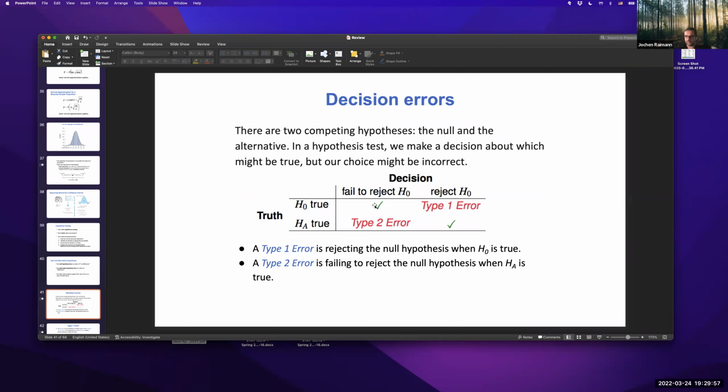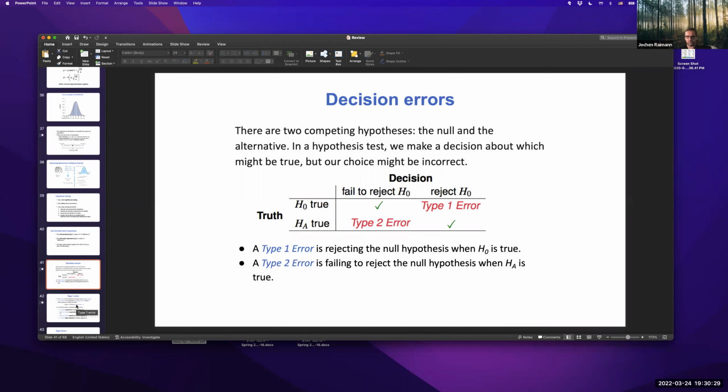The correct decisions are rejecting a null hypothesis when the alternative hypothesis is true, and failing to reject the null hypothesis when the null hypothesis is actually true. And this is the so-called power. If you have a type 2 error, with 100% probability summing up here, and you calculate 1 minus the type 2 error, the beta, you essentially calculate the power. You don't want the type 2 error to exceed, usually in trial design, 10%.